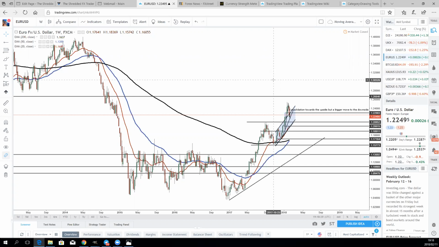Okay, so we're going to start with the Euro USD. We're looking at the weekly time frame. You can see we had a massive deceleration in price a few years ago. We consolidated for a bit, and then we broke out of this consolidation range and we broke to the upside. However, if we go to the daily time frame,